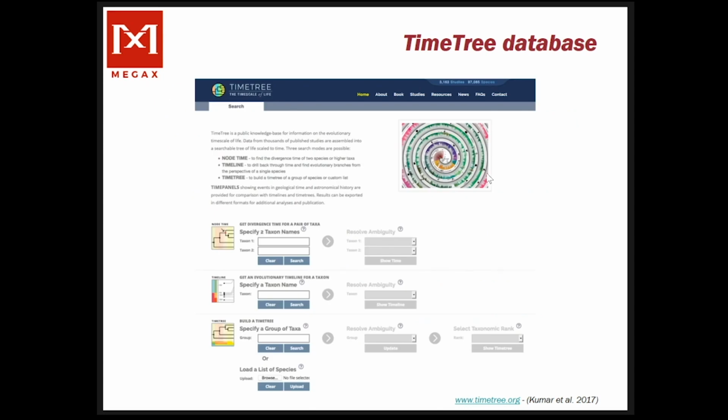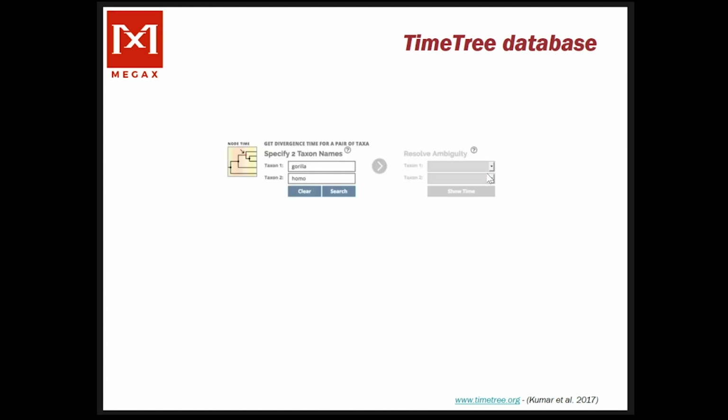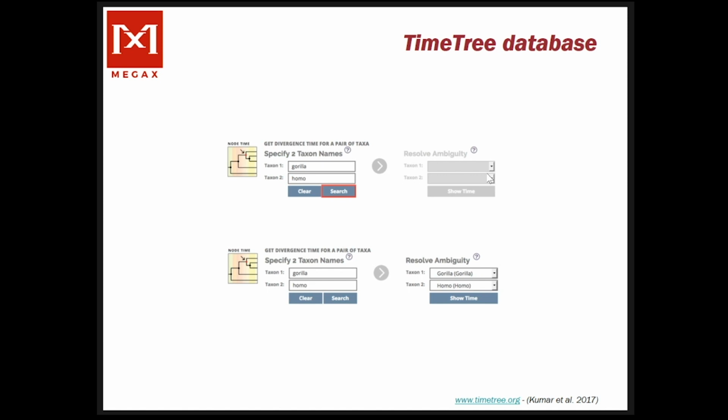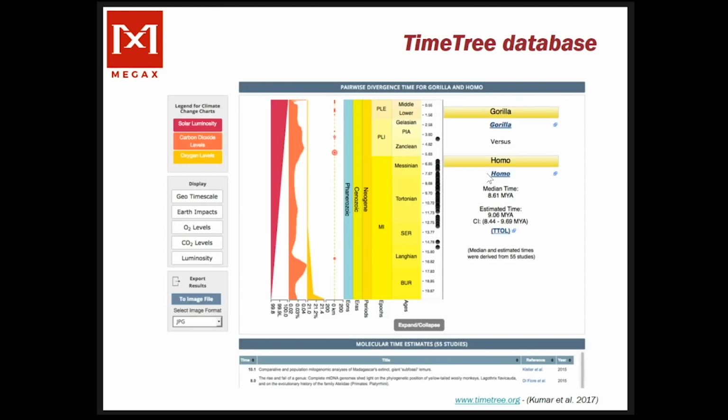This is the TimeTree website, the interface, and we will focus on this panel of TimeTree. If you go there and type, for instance, gorilla and Homo and click search, TimeTree will first try to resolve the ambiguities and will say gorilla is the gorilla genus and Homo is the Homo genus, and you click show time. What TimeTree will show you is this beautiful panel with a lot of information